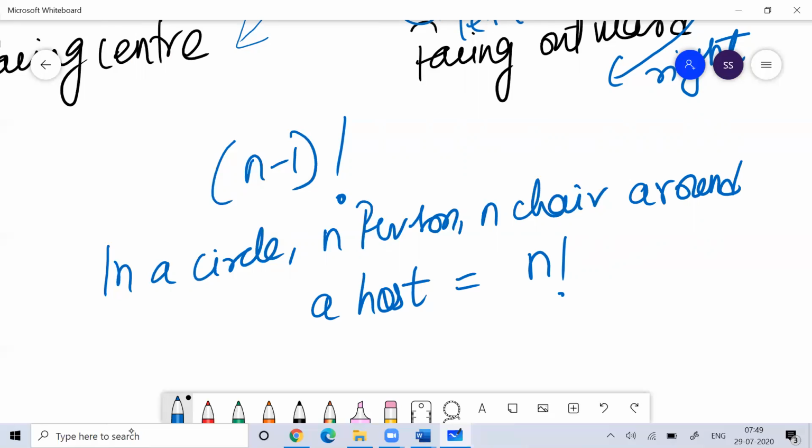Because no one was sitting, when the first person went to sit, the number of ways for the first person was only one way. So we talked about the position of other persons after the first person sits. That's why in a circle we used to follow n minus 1 factorial. Because once one person sits, only then can we define the place. Till then no one was sitting, so we could not define the place. This is the thing we need to work on when we talk about a circle.